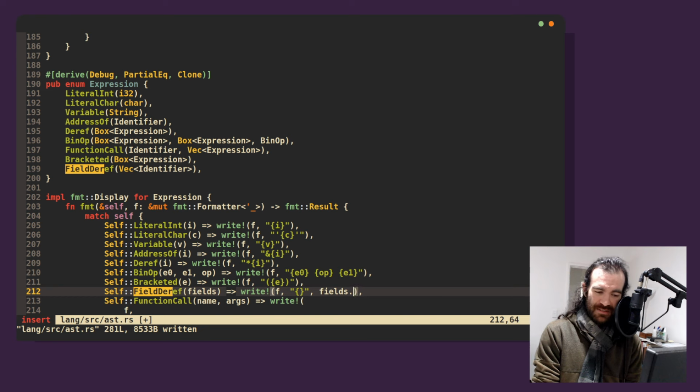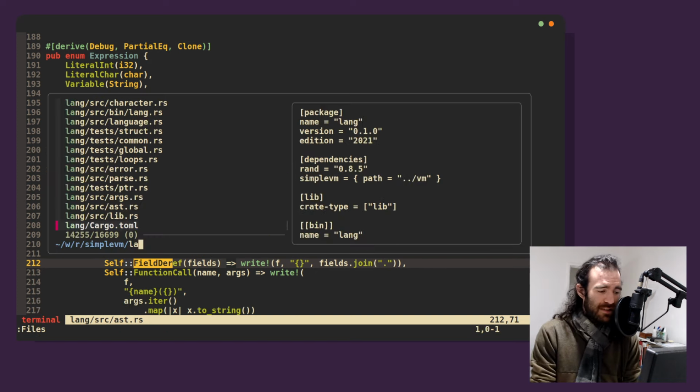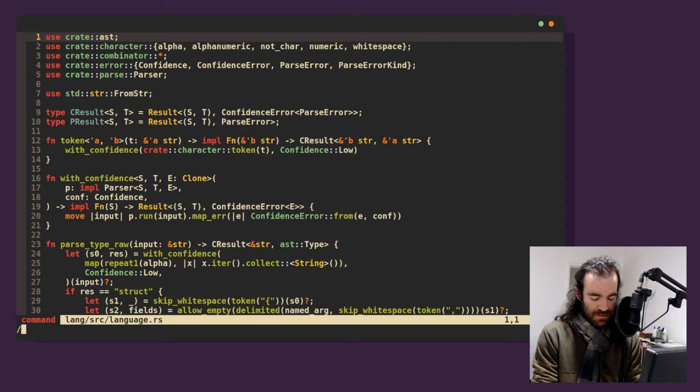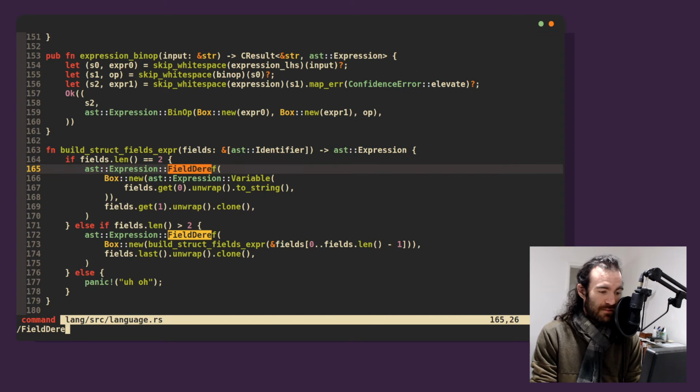Or maybe it's actually just fields.join. Maybe I don't need to iter. And we're going to join them with a dot. So it's a little bit more complicated. It's not much more complicated, but it's a little bit more complicated. And then we're going to have to change the parser as well, because field deref, when we do this here,